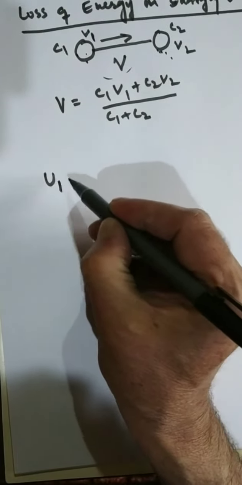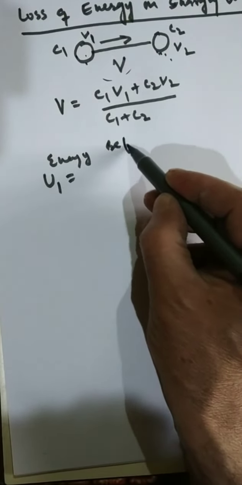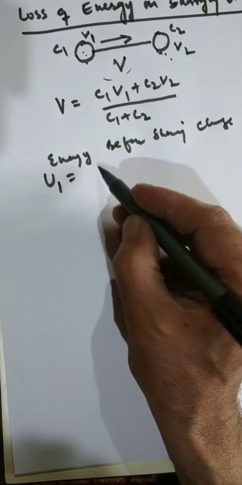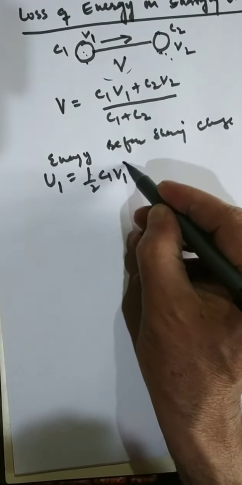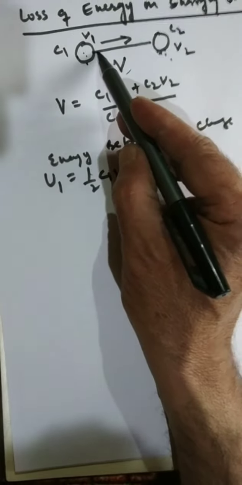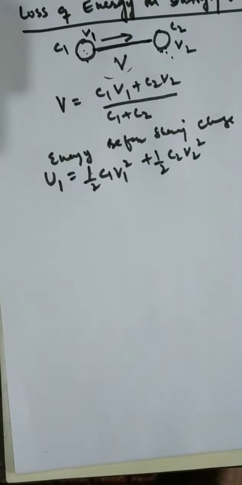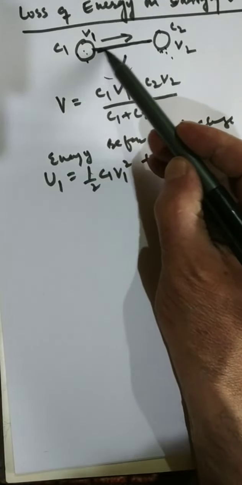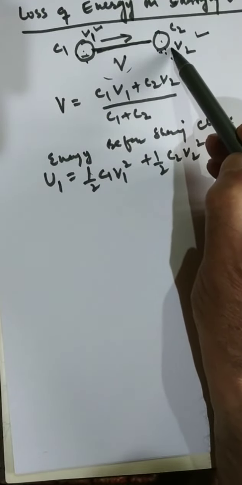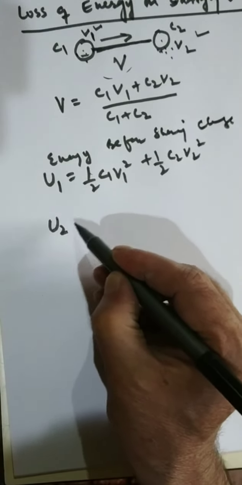So the energy before sharing charge. इसकी एनर्जी क्या है हमें पता है, it is 1/2 C1V1 स्क्वायर, इसकी क्या थी, plus 1/2 C2V2 स्क्वायर. नाउ जैसे हमने इनको कनेक्ट किया तो चार्ज डिस्ट्रीब्यूट हो गए, तो अब न इसकी V1 पोटेंशियल रहेगी न इसकी V2 रहेगी, अब दोनों की कॉमन पोटेंशियल रहेगी. तो तब उनकी एनर्जी क्या होगी, तो टोटल एनर्जी आफ्टर शेयरिंग